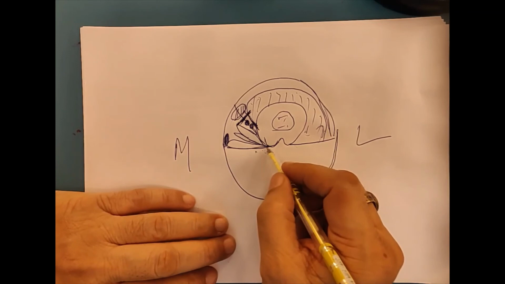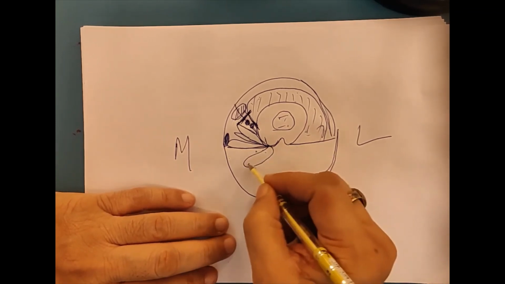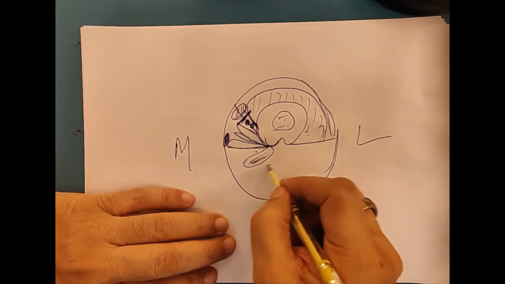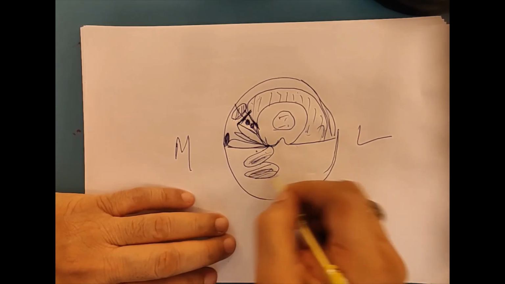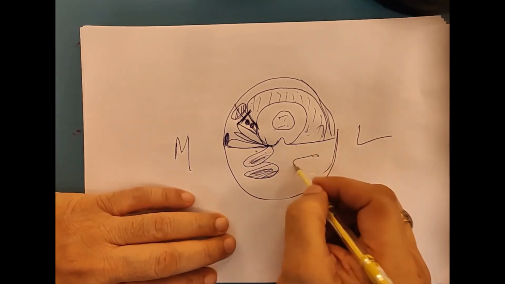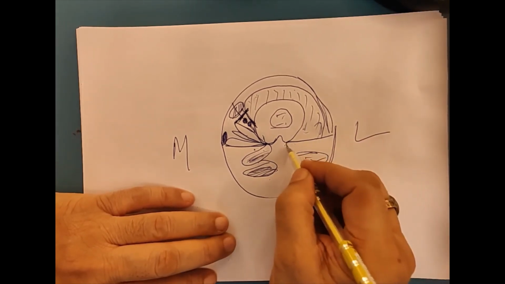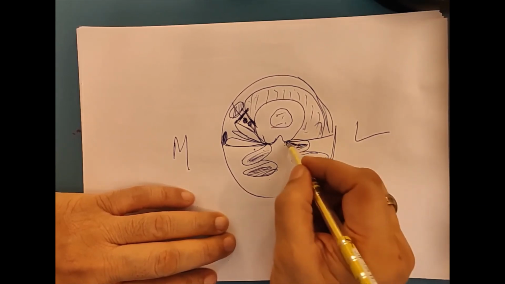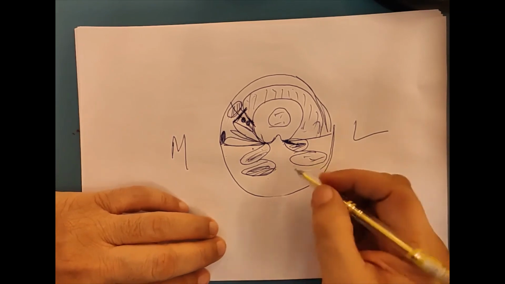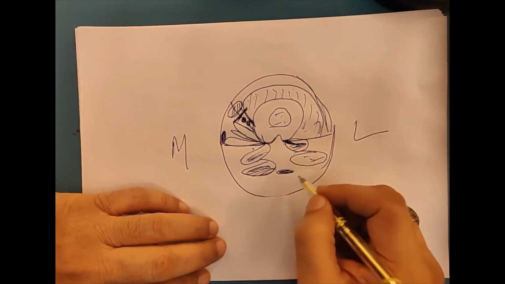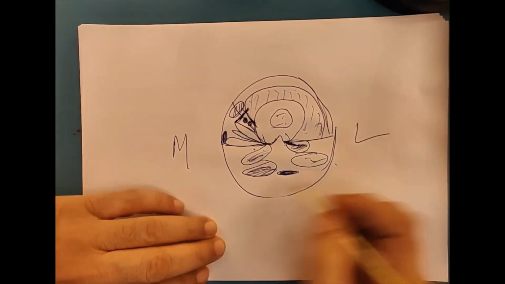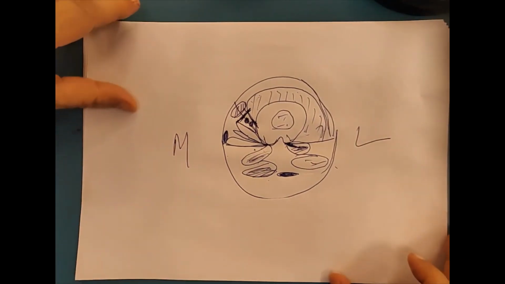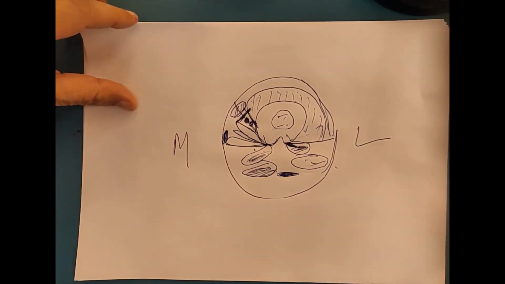On the extensor side, on the medial side, you have the semimembranosus and semitendinosus, and on the lateral side you have the long and the short head of biceps femoris. The short head is attached to the lateral lip of linea aspera. On this side you will have the sciatic nerve. So this section of the thigh should also be remembered.